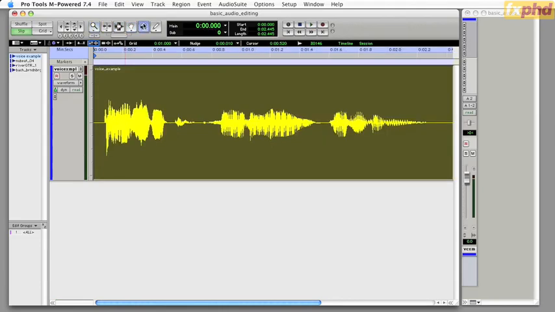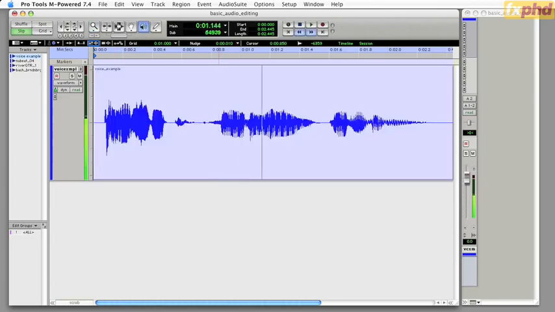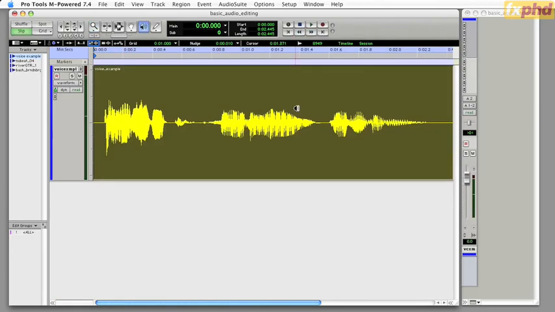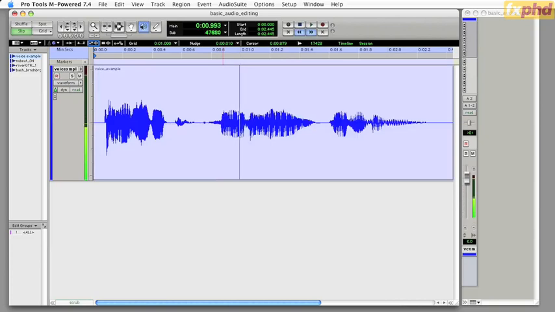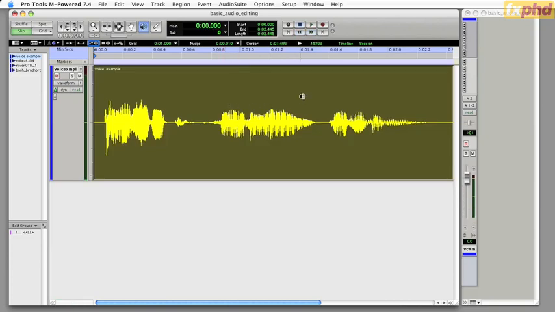The scrubber tool is like a playback head that allows you to drag or, in a sense, scrub over the audio and play it back this way. Audio editing. And the speed or slowness of how the audio is played back depends upon how slow you scrub the little